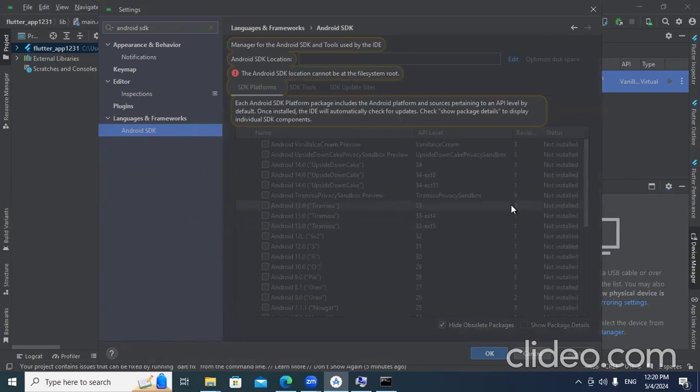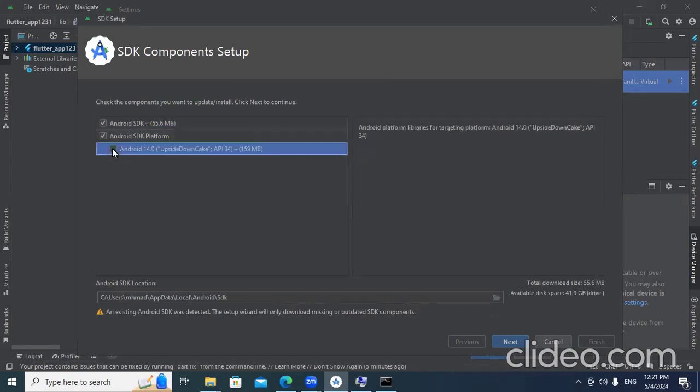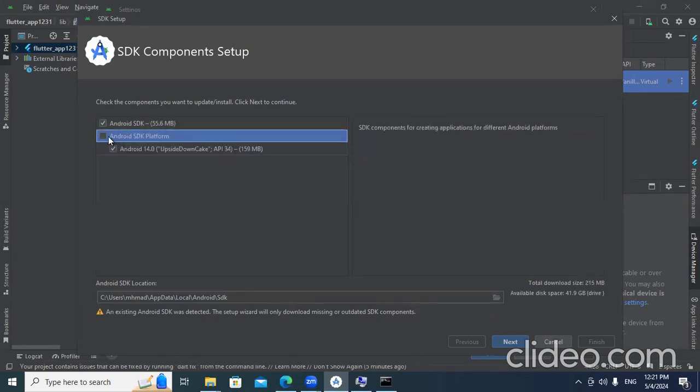Managing Android tools. Why is it like this? The Android SDK location cannot be at the file root. Okay, let's say I make an edit, then Android SDK, this one. I will take also this, but where is